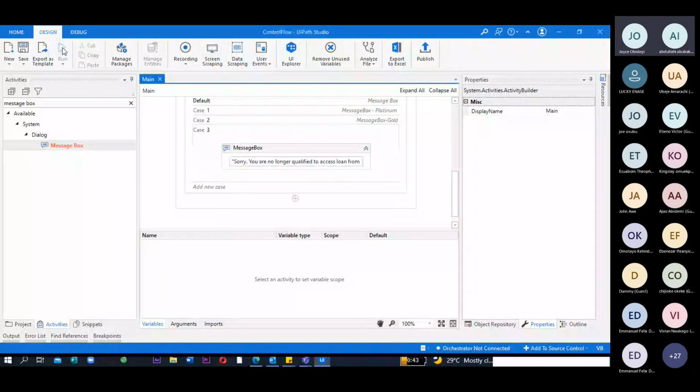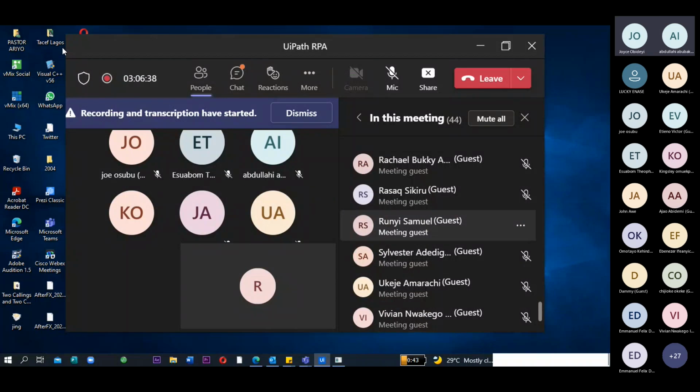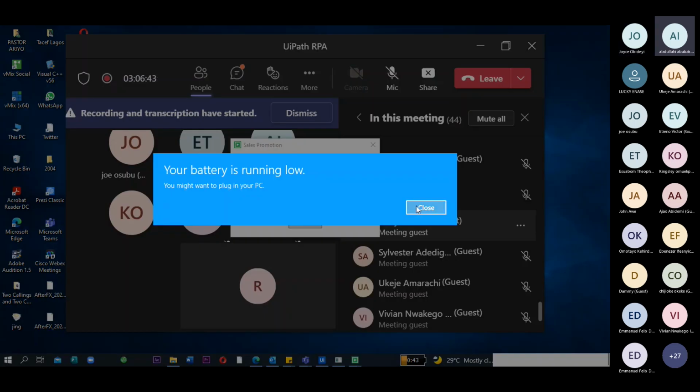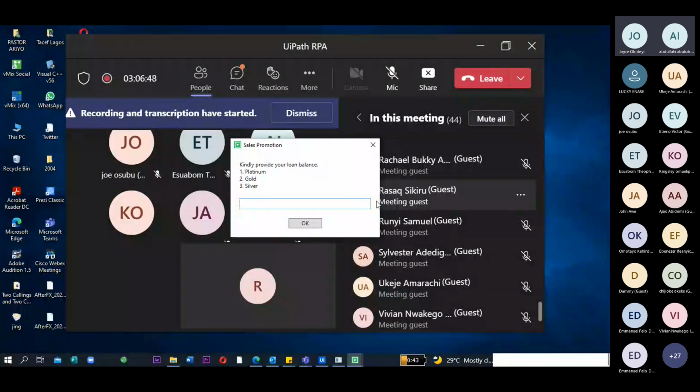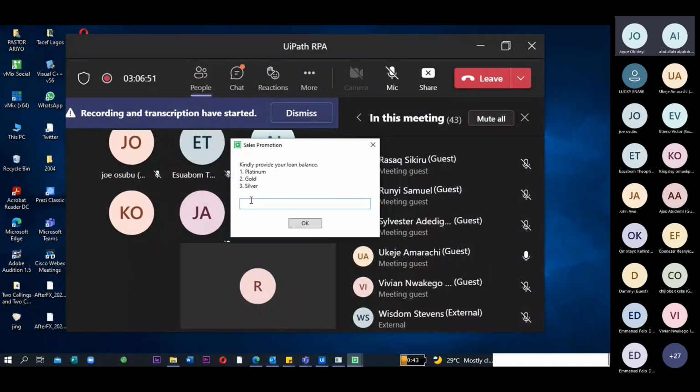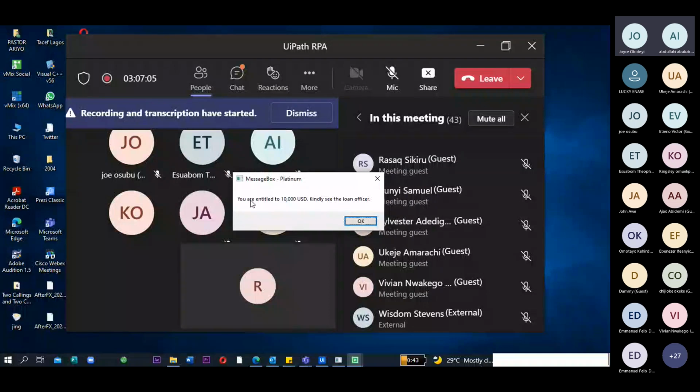Kindly provide your loan balance. We have the platinum, we have the gold, we have the silver. And so we have one. Let me input one. Okay, you're entitled to 10,000 USD. Kindly see the loan officer. All right, and